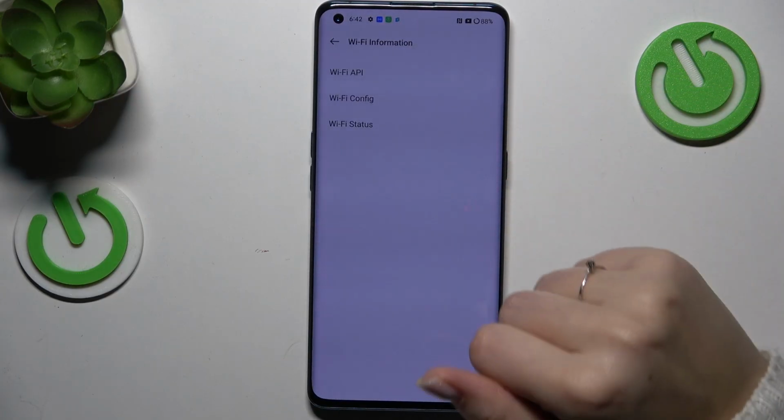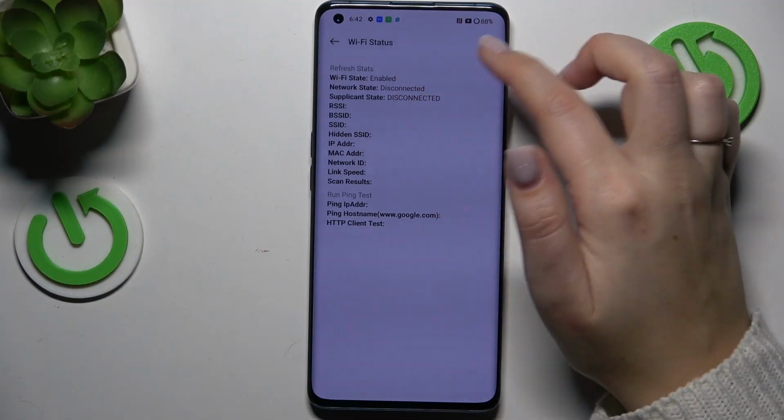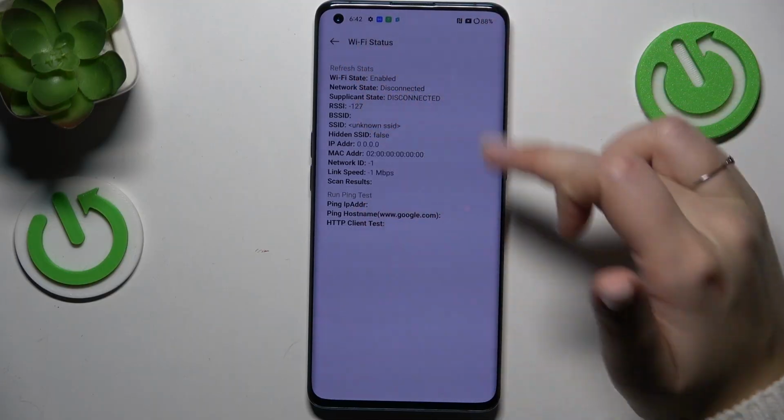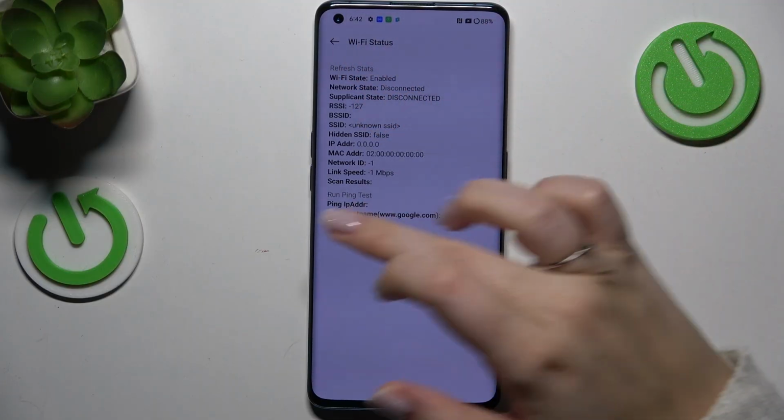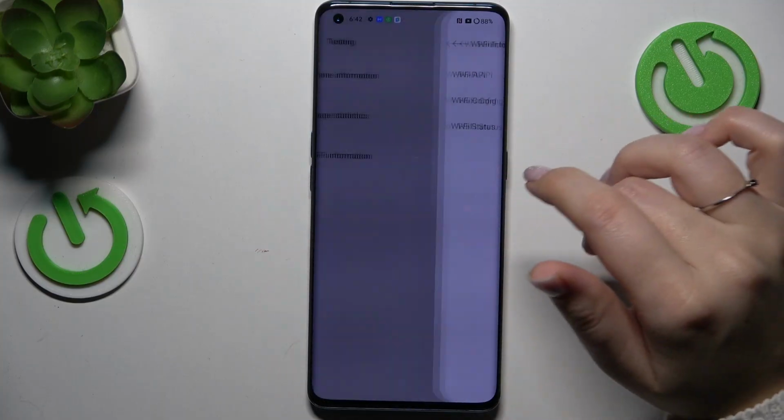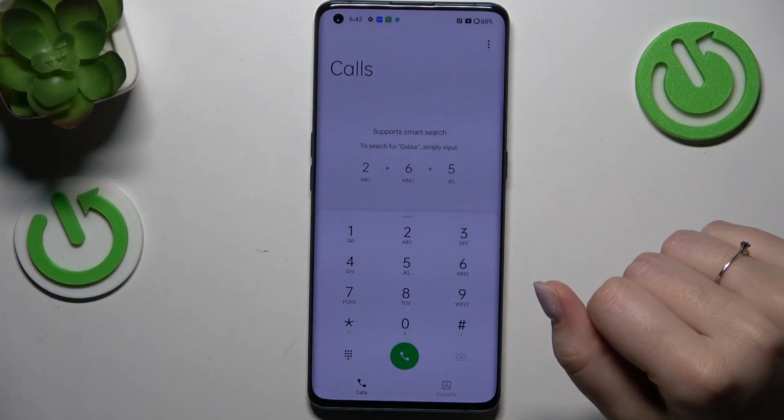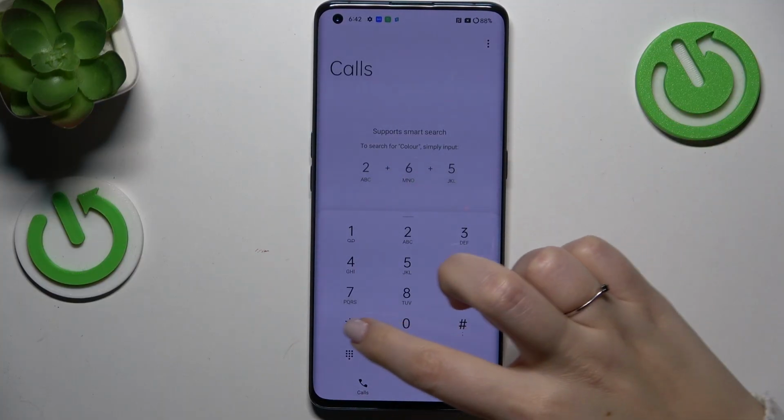We've got also Wi-Fi information, for example, so you can check the status, you can refresh the stats, and check the SSID or network ID. All right, so that's all for this code. And another one, which is